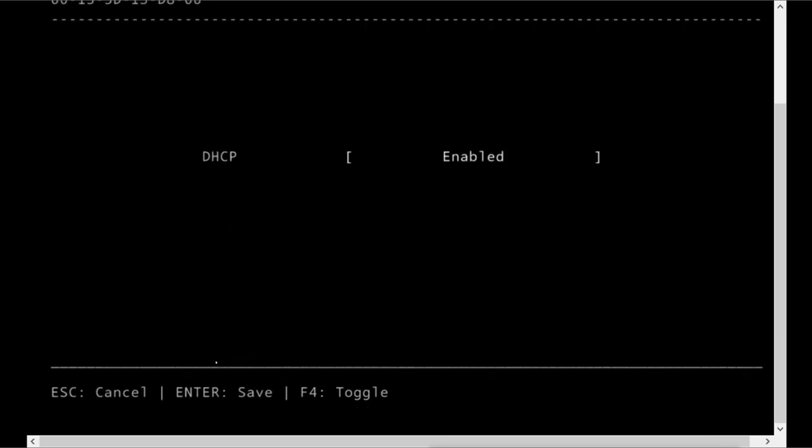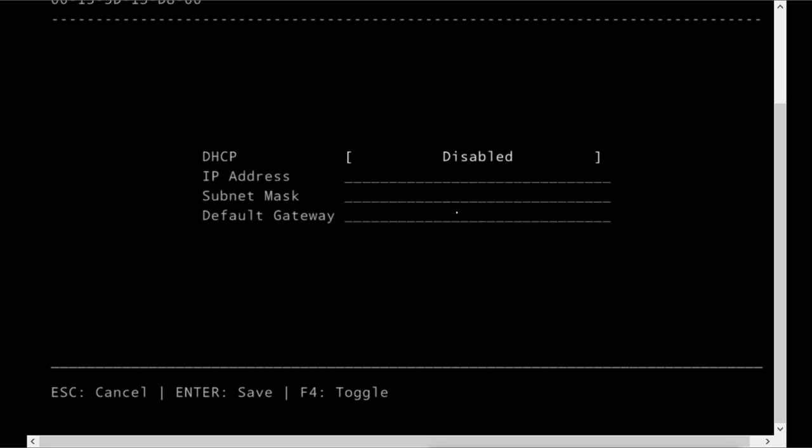Now it is saying that by default DHCP is enabled, so we want to remove it. It says press F4 to toggle, escape to cancel, and enter to save. So for toggling it, I will press F4, and now this becomes disabled. Now I will press tab and go to the IP address section, and I will give the IP address 16.0.0.20.